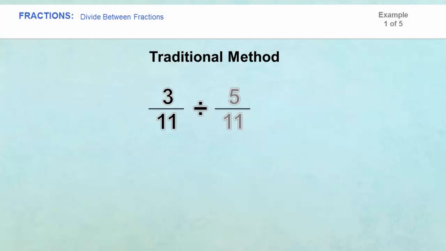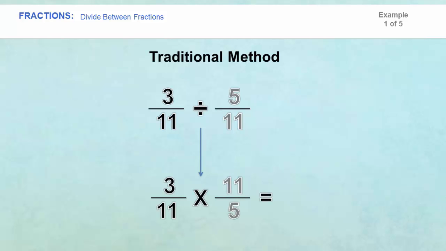The basis for this technique is to divide one fraction by another without flipping or inverting the second fraction. Let's review the traditional method before we get into the mental method. In the traditional method, keep the first fraction the same, and for the second fraction, invert or flip the fraction,